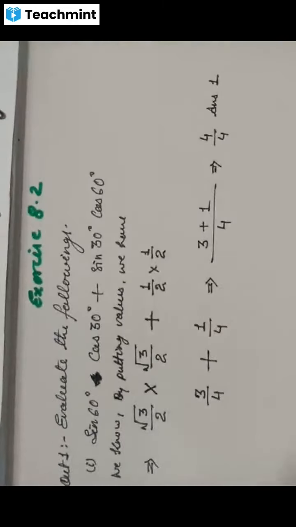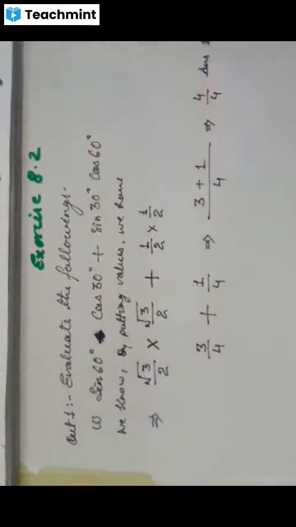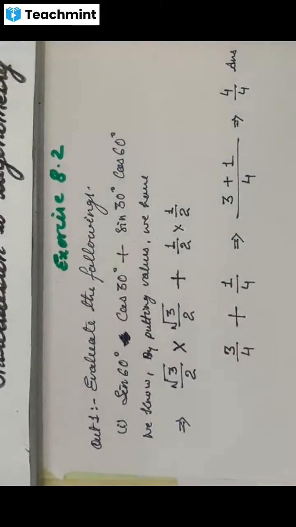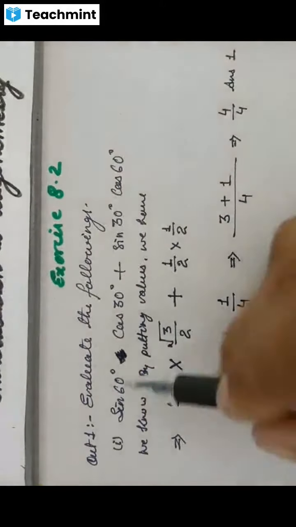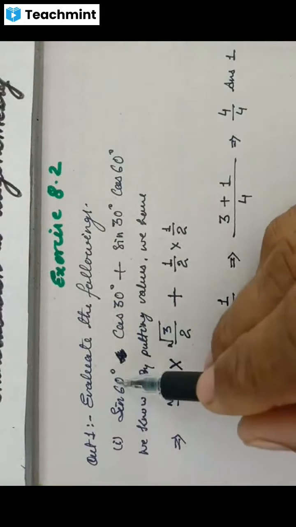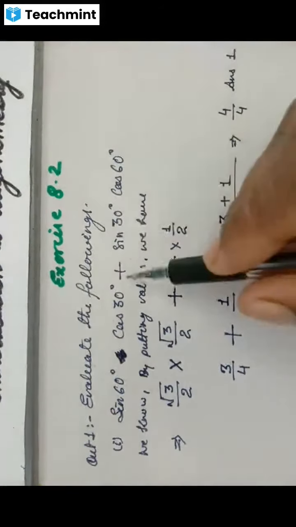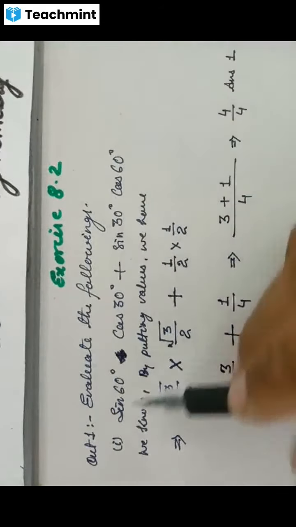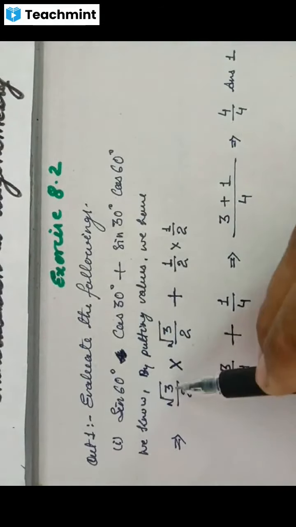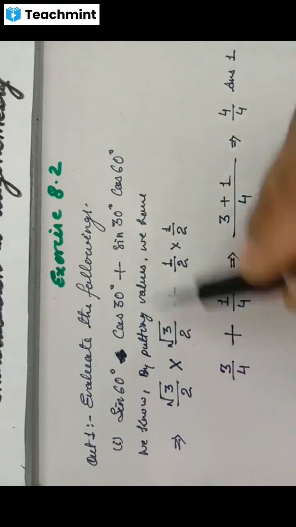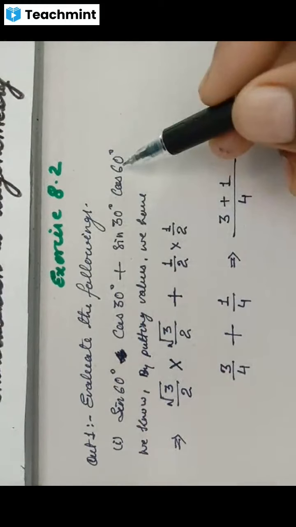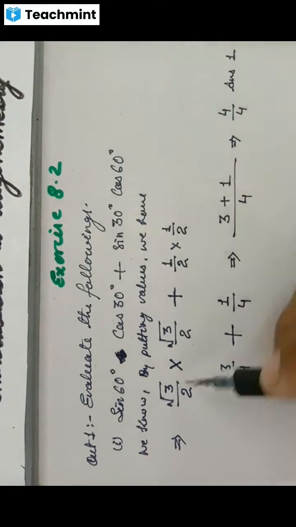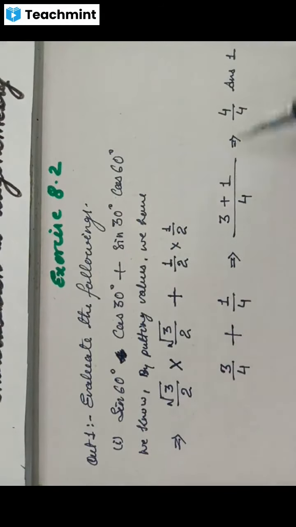Is this difficult to do? Exercise question number 1. Is this difficult to do? One second. No, sir. The question is given: sin 60 cos 30 plus sin 30 multiplied by cos 60. We have seen the value of sin 60 from the chart, then cos 30 from the chart, sin 30 from the chart, and cos 60 from the chart. After that we simply operate these fractions. We usually did this in class 7th and 8th.